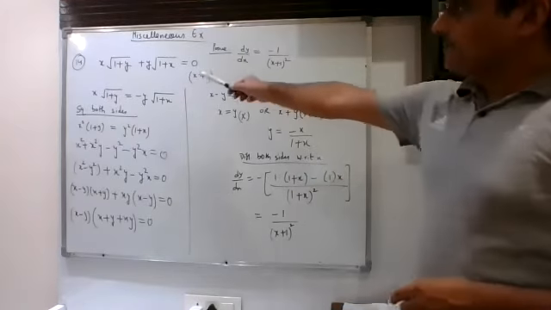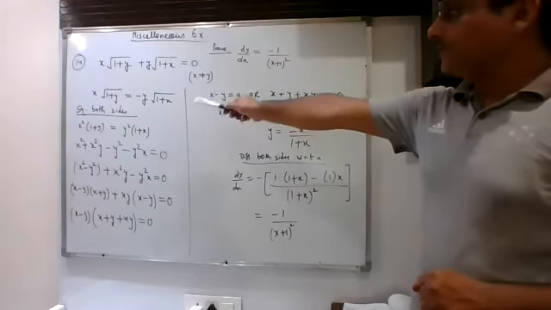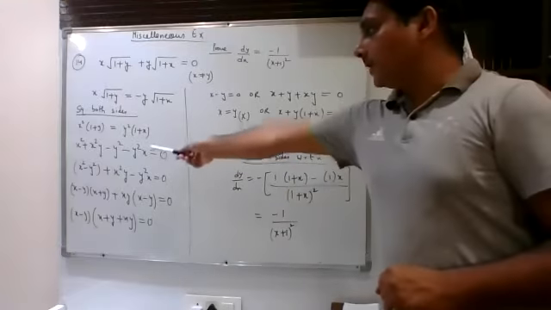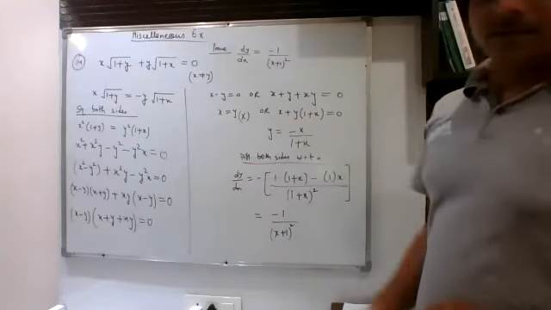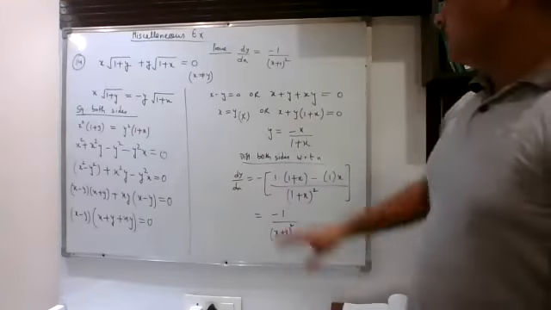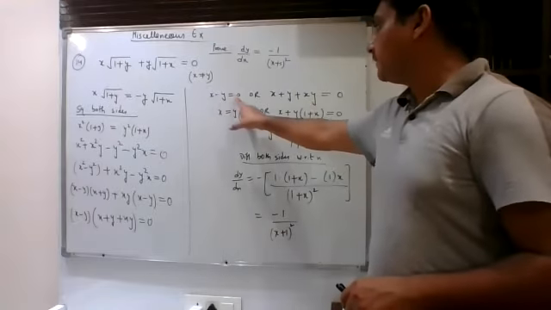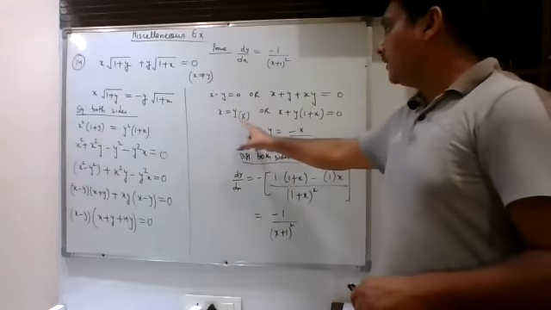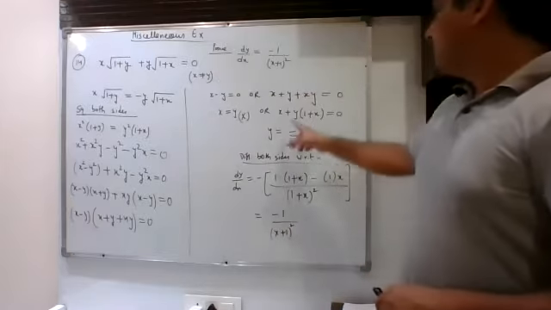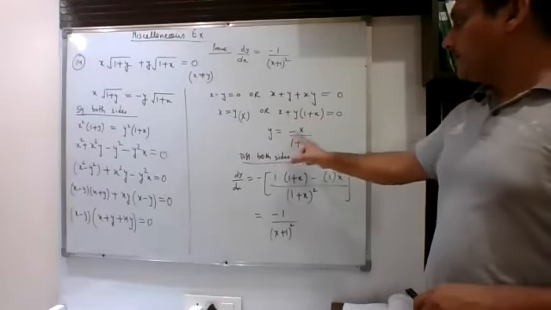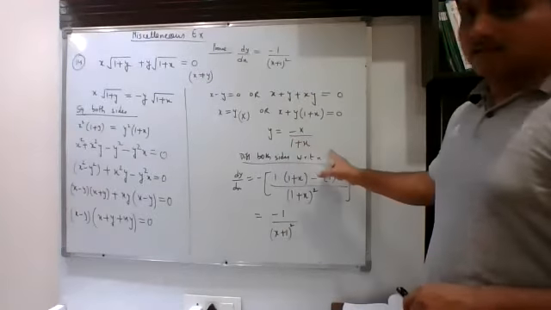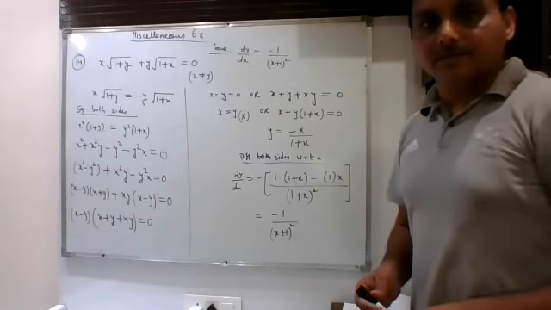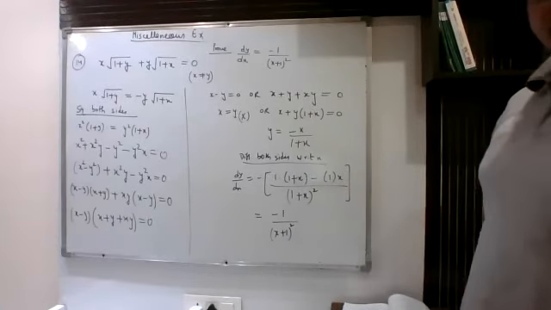So the main part is that you have to do factorization. You will shift one term to the right hand side, square both the sides, then take everything on the left side, club the terms, and take that x minus y common. You will come across two situations, either x minus y is equal to 0 or this expression is equal to 0. So x cannot be equal to y because of the given information. So from here I can write y as minus x upon 1 plus x. After that, using the quotient rule, straight away we'll get the answer. Just write this down.